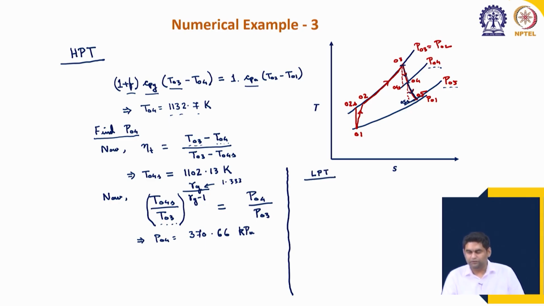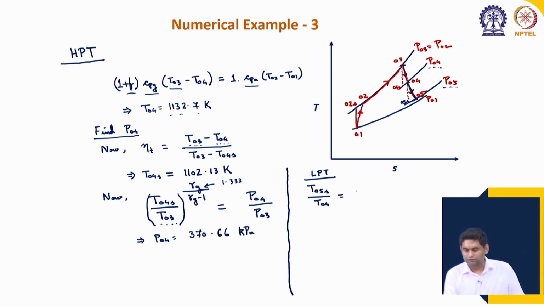Low pressure turbine, what will we calculate? We want to calculate the work output from the low pressure turbine, from 04 to 05. So, this is a standard calculation. First, we will find the value of T05s. So, T05s by T04